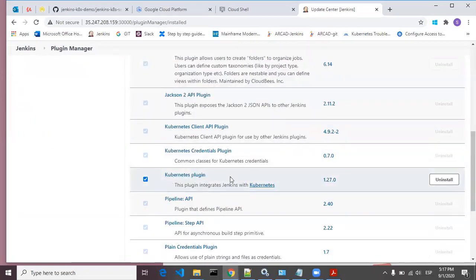So this is the plugin that you need to install. My recommendation is you first download it here and then restart Jenkins so that all the changes of this plugin are reflected in Jenkins.